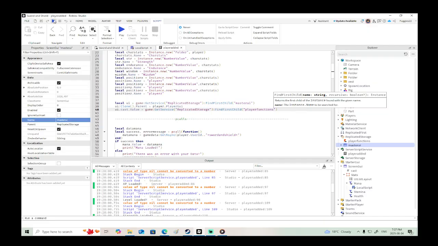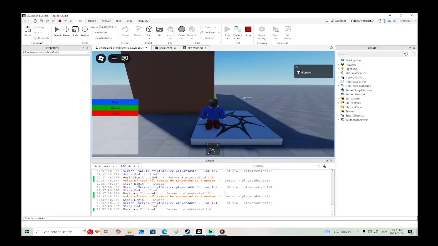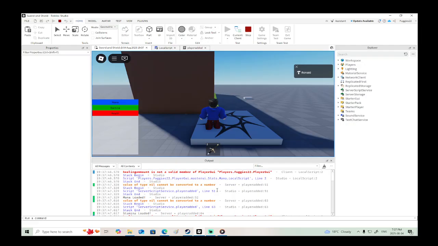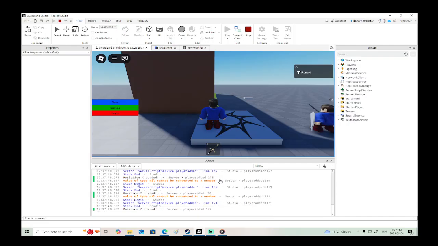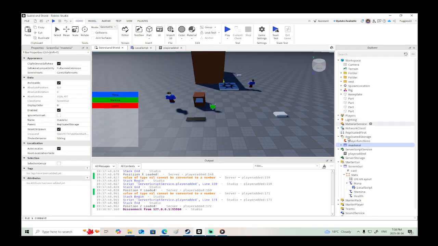There we go. Let's see if that works. Got some errors there. Okay, so do I have two? I have the master UI and the screen UI. Perfect. Okay, so now what we need to figure out is